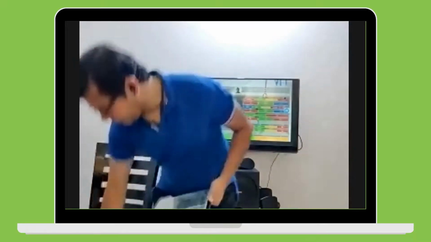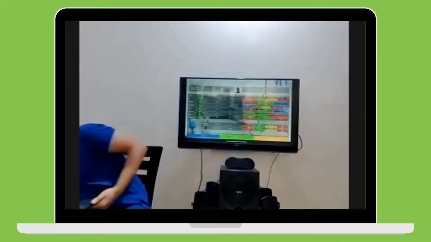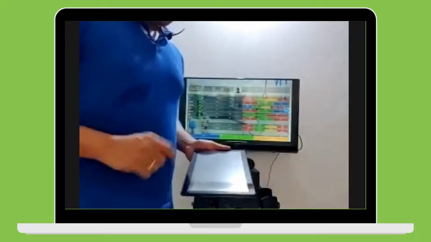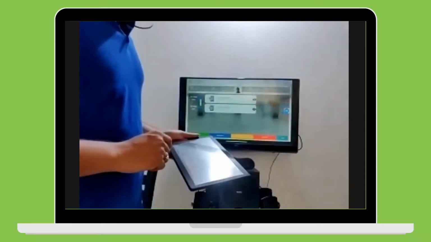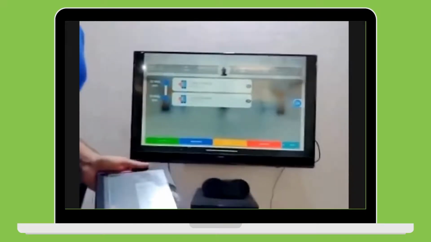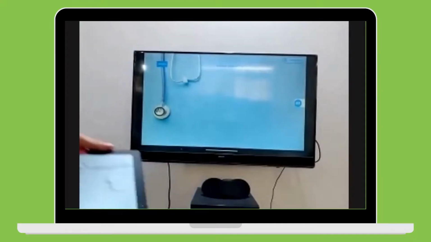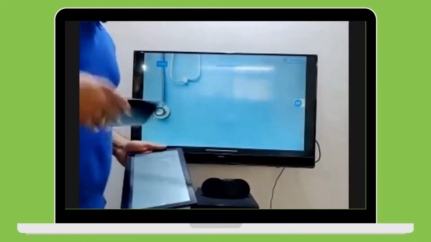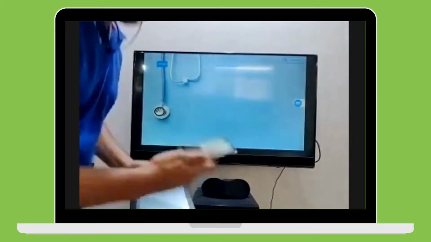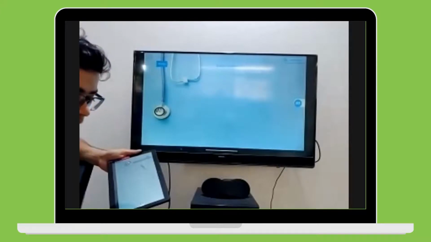After all the tests are done and all the readings are saved on the cloud, you can make a video call to a doctor. To make a video call to a doctor on this health case, there is a video consultation button in blue color at the bottom. You have to go to the video consultation button. Right now it tries to search all the doctors mapped to this device if any doctor is online. Right now no doctor is online. I will go to my mobile and then I will log in as a doctor.